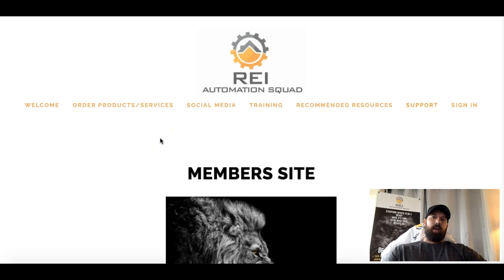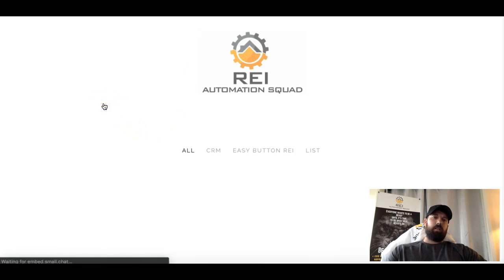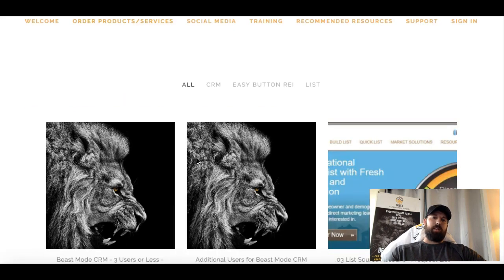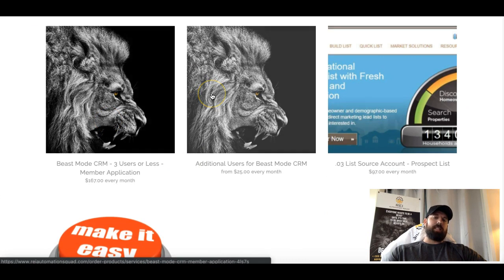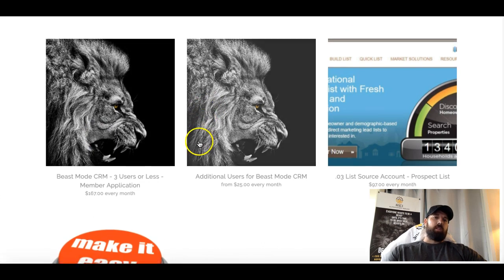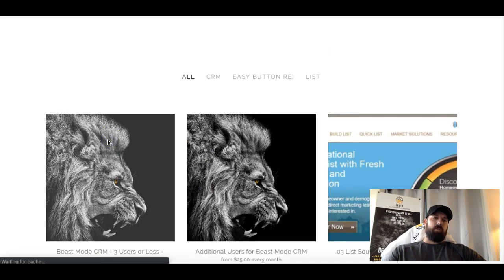So if I click on the order link, you're going to see the stuff come up, specifically Beast Mode CRM and additional users. So if you click on this, you can order Beast Mode CRM. If you click on this, this is adding additional users, and then you see some additional things that we offer. So clicking on this will take you to the next screen,